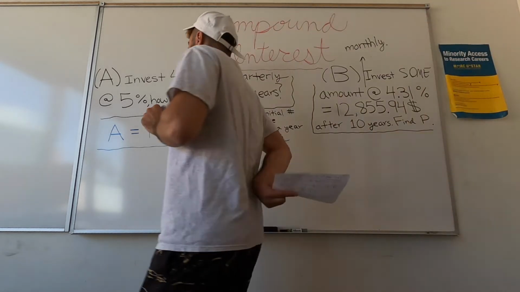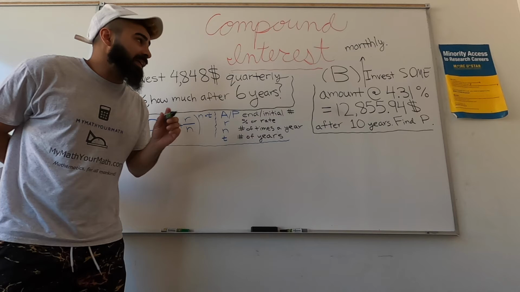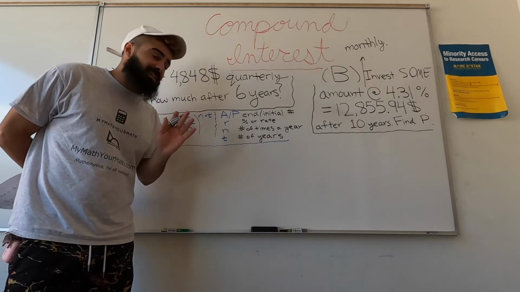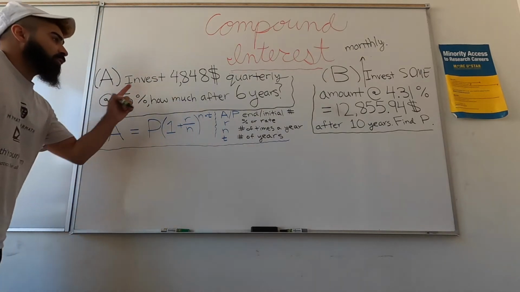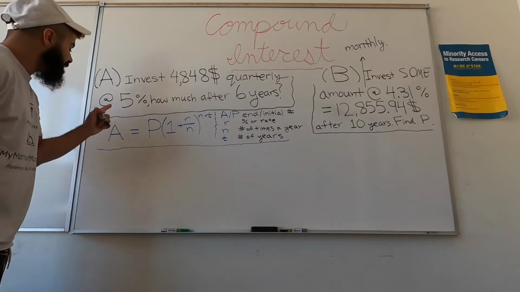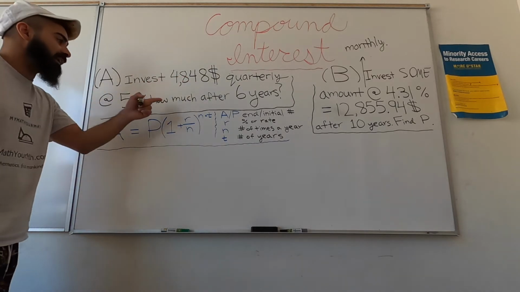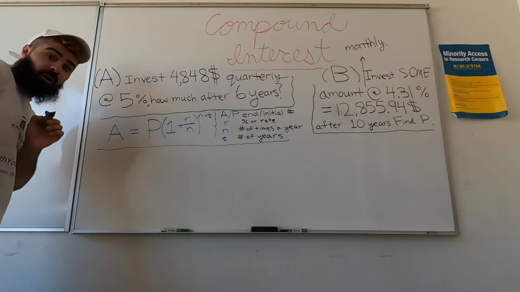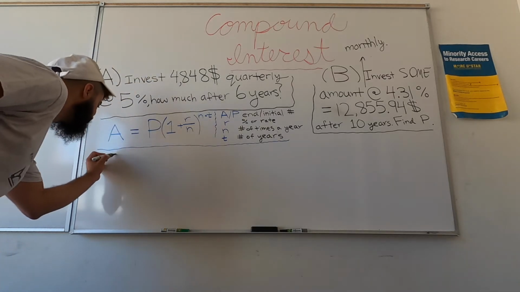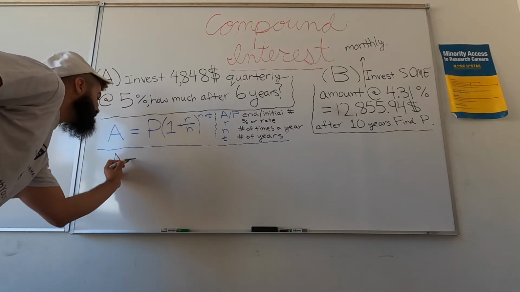And then there's a different type, which is the continuous compound, and that one doesn't say monthly or quarterly, any of that kind of stuff. So, compounded quarterly at 5%, how much is left after 6 years? All you have to do is plug the numbers in and that's it. So, A is equal to